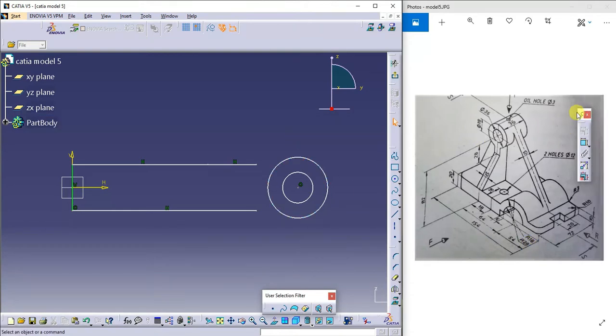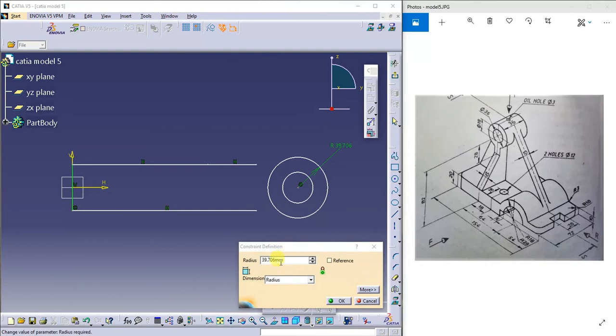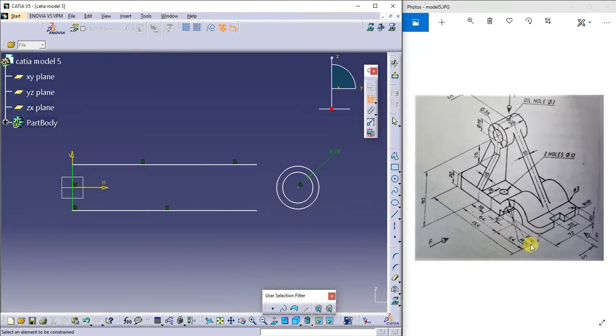So I'll go for the dimension. The radius of this is 28. See here, this is 28 here.